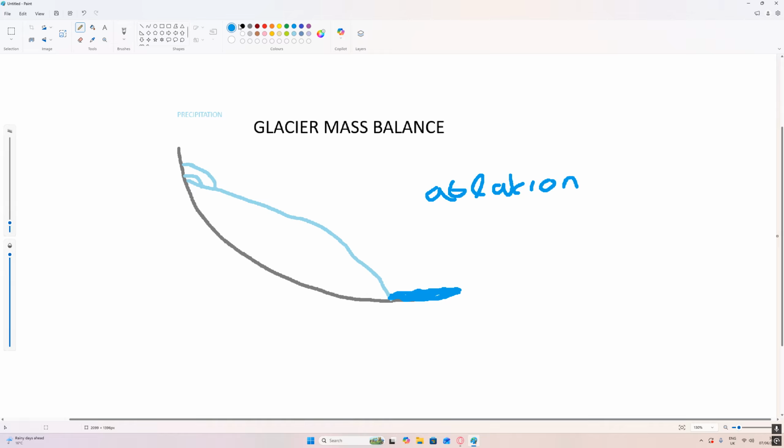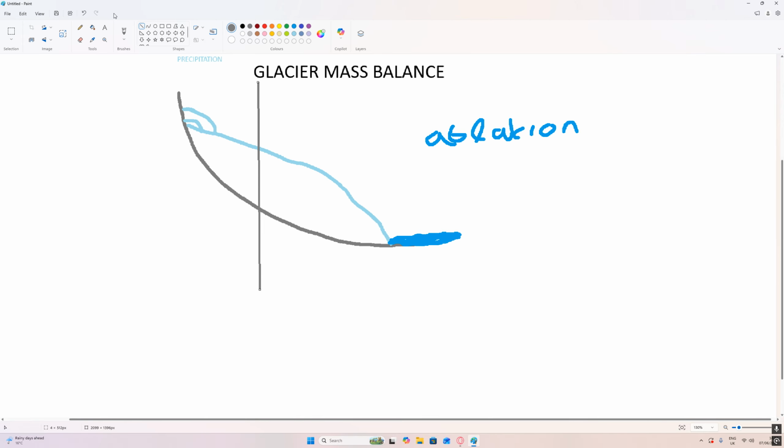And basically, down the middle of a glacier, you have, well, this is theoretical, the line of equilibrium. Now, in periods where it's really warm, so in summers, the equilibrium line might be further up the glacier because ablation, meltwater for example, is occurring at a higher rate and temperatures are warmer. So further up the glacier, you have the line of equilibrium, which is basically where precipitation, let's write this, precipitation equals ablation,